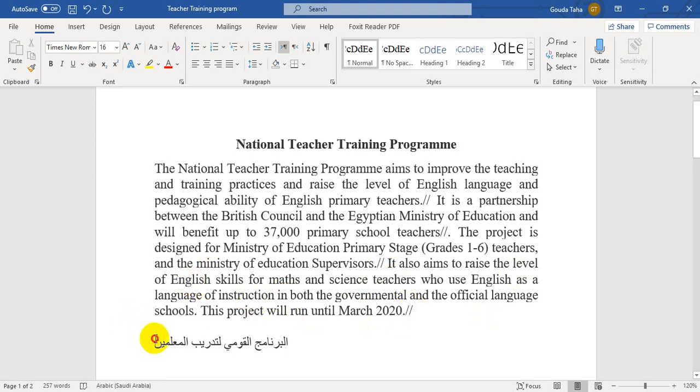So the first unit here we have National Teacher Training Program. The National Teacher Training Program aims at, as we repeatedly say, that in translating from English into Arabic, preferably start with a verb. So يهدف, it's a present simple again. So يهدف